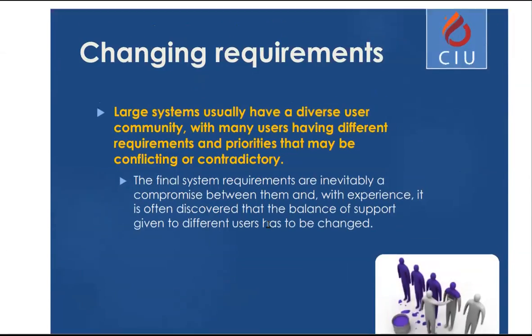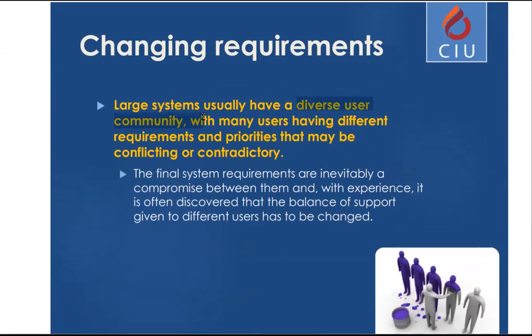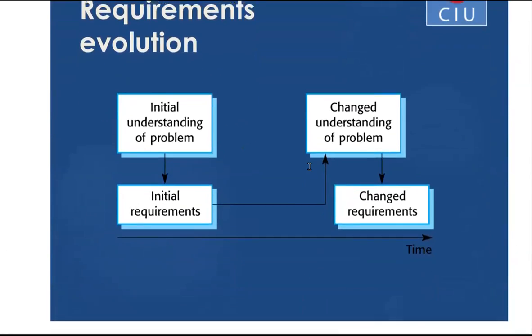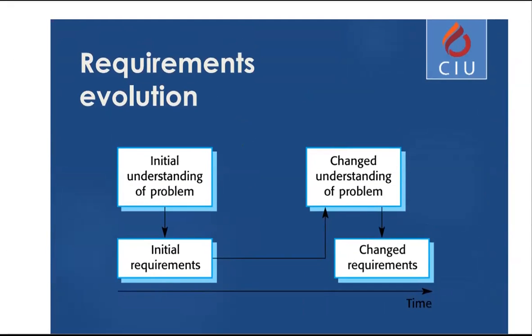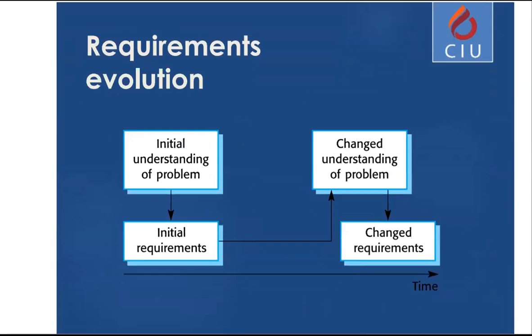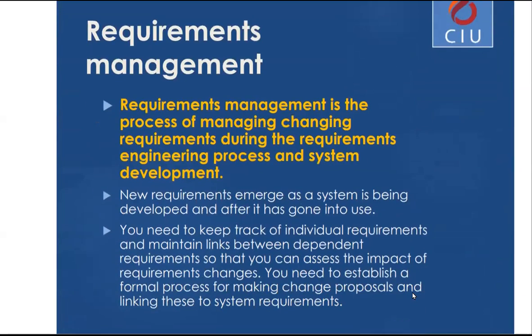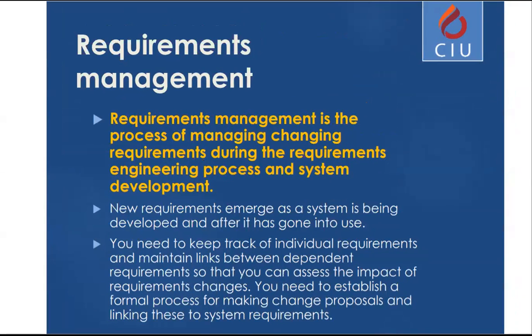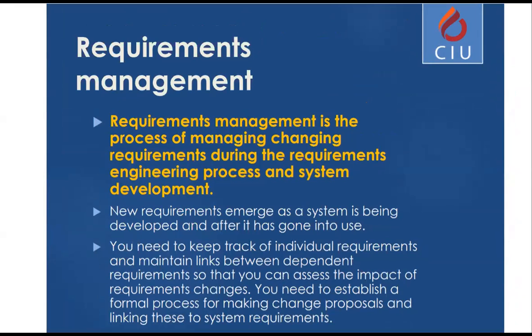Finally, we have large systems which have, as I told you, a diverse user community with many users wanting different things, and prioritizing these might be difficult in an ever-changing environment. So requirements evolution is the final step in defining the requirements, and this is a never-ending phase. As time goes, you see the requirements obviously change. Even the nature of the problem can change. There are, however, some things that you can do. Even if you guess the requirements and leave it to a later stage, this might help you to